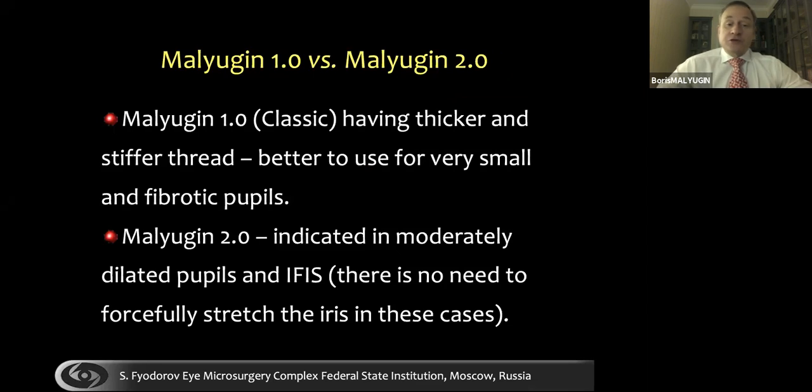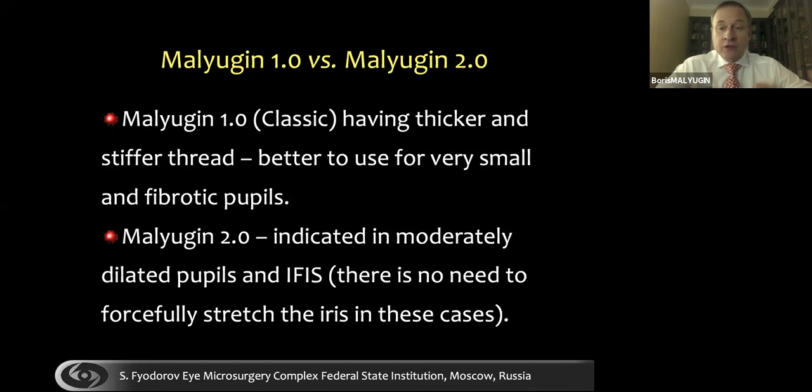Both versions, I think, should be in the surgical armamentarium, because the thicker classical version is better to use with very small and very fibrotic pupils, and 2.0 is indicated in moderately dilated pupils or patients with floppy iris syndrome,